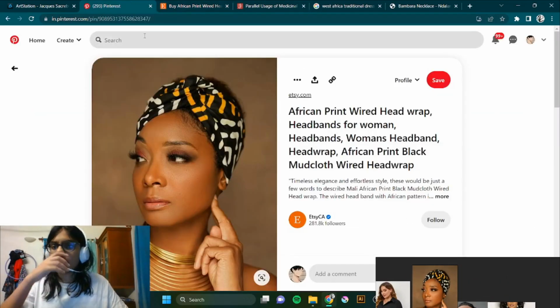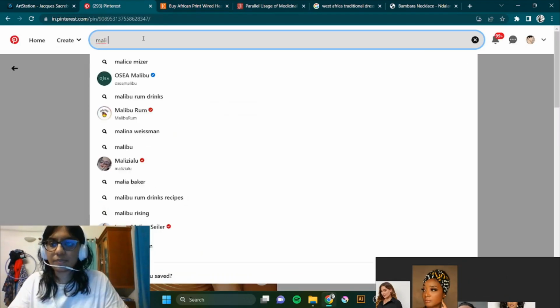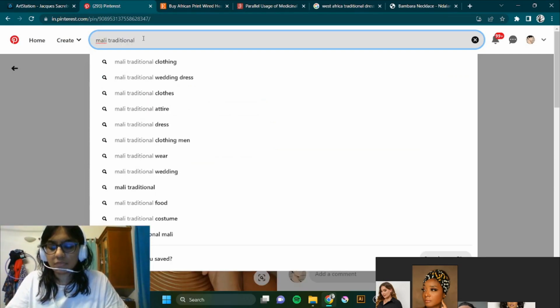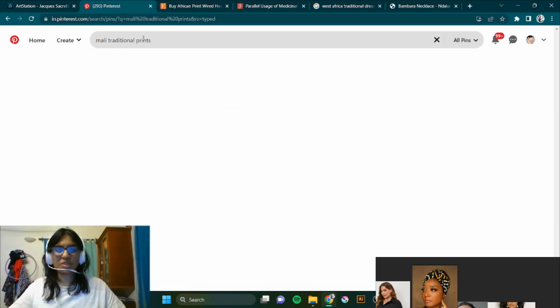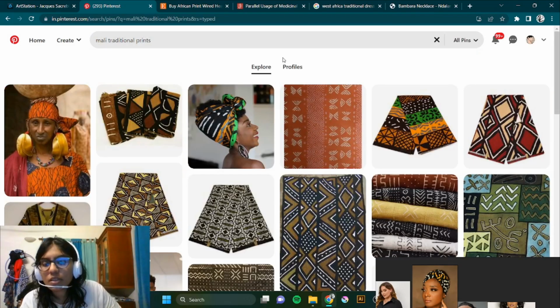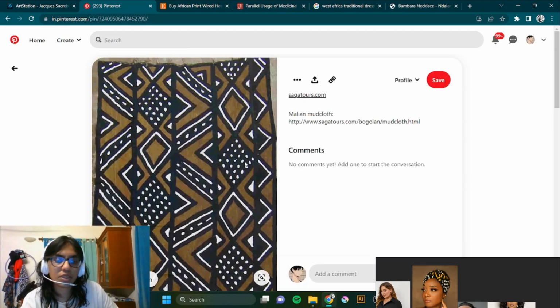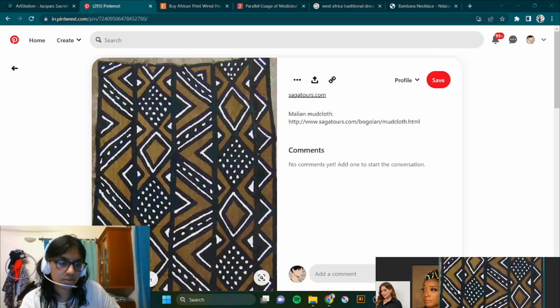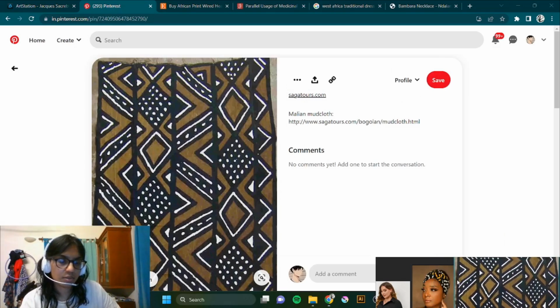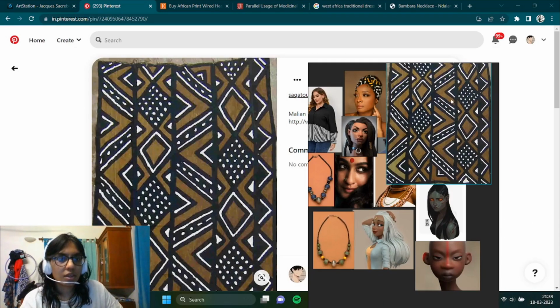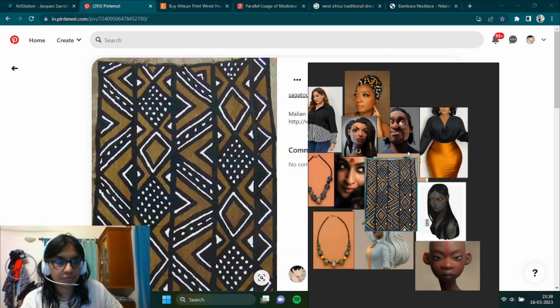One more thing is Mali traditional prints. Prints. Oh, so this is the Mali. Okay, right. This is the mud cloth. That's basically the picture of it that she's wearing, with this pattern.